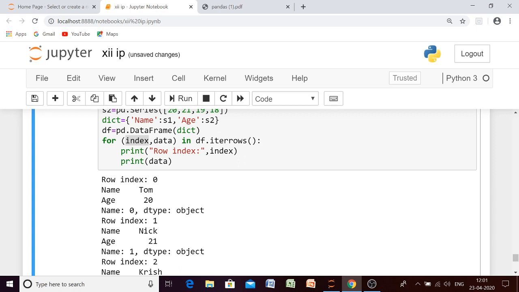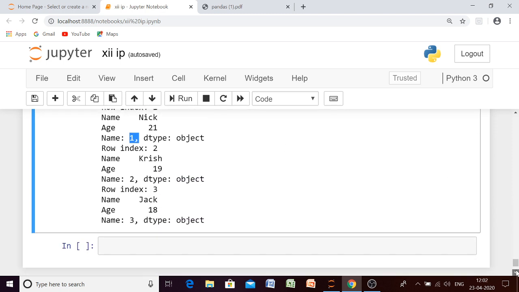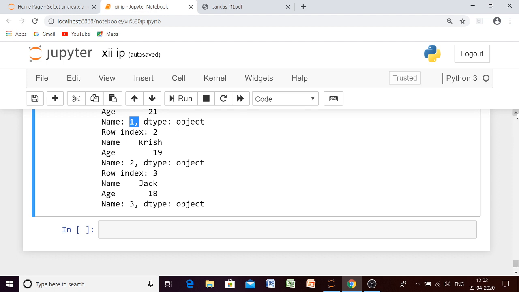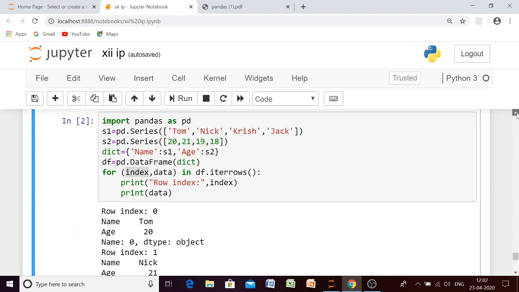Row index. Okay? So here name will tell you about the index position. So see here row index is 0, so name is also 0. And data type object means what? Whatever data we are getting bete, these are what? String object, that is why it is written object. Okay, similarly row index 1, so name is also 1 and data type is again object, because here we are having a mixture. Okay, similarly the rest of the data we are getting in row wise form, one row at a time.